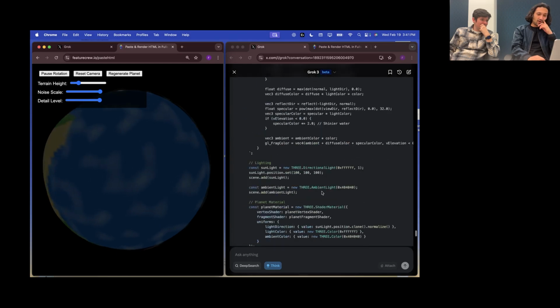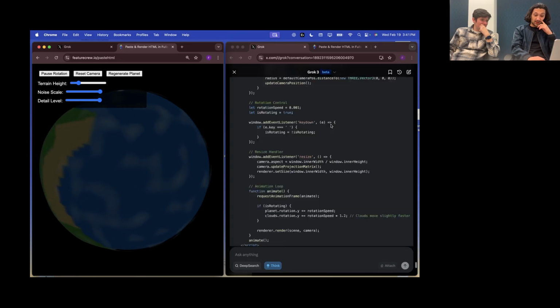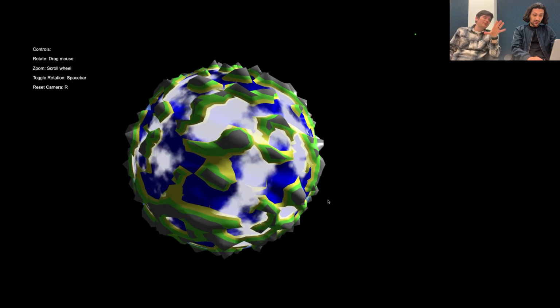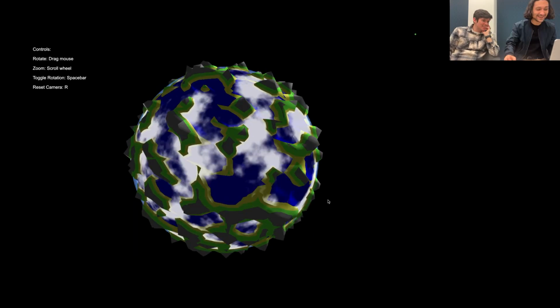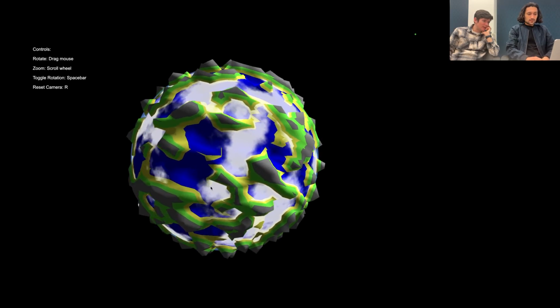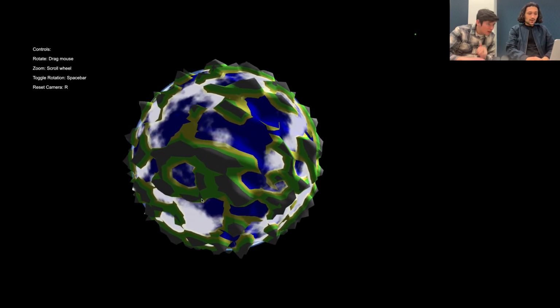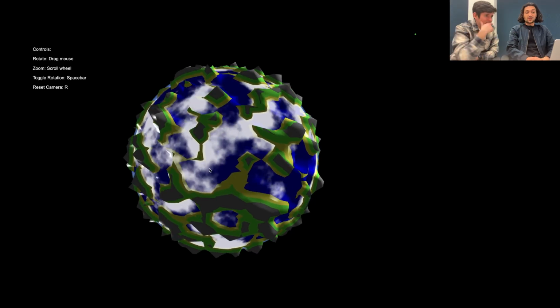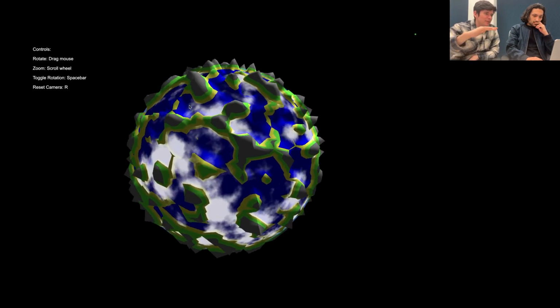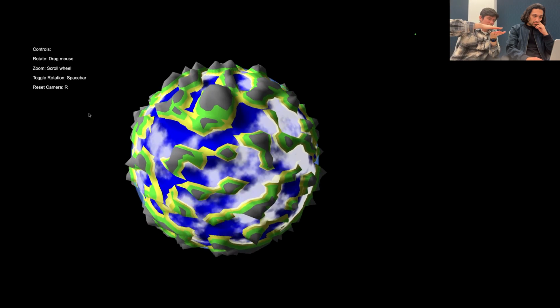I want to see if Grok 3 thinking was able to pull something together cool, because it's not looking good right now. Okay, so here we are with the Grok 3 reasoner. The clouds now look like they're kind of on the ocean layer, right? If they are clouds. I'll give it that the clouds still look the best of anything we've seen. Somehow the modeling of the clouds is very impressive,